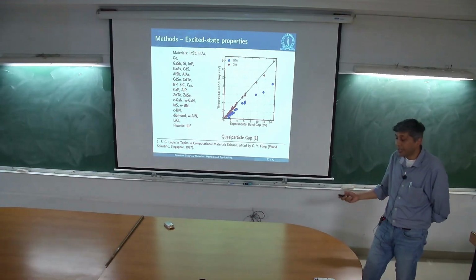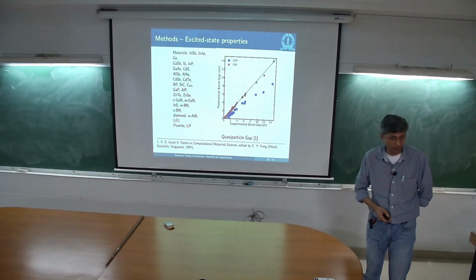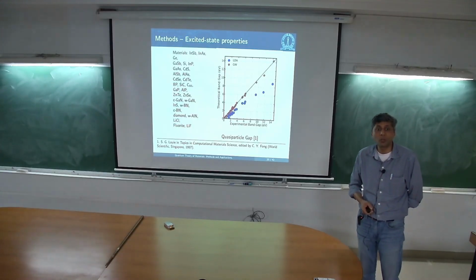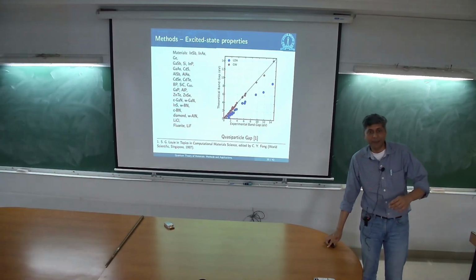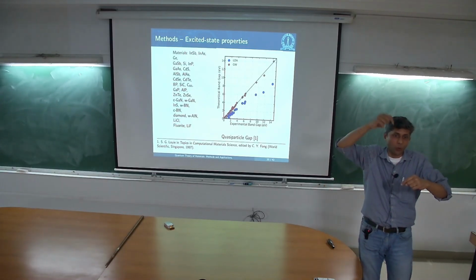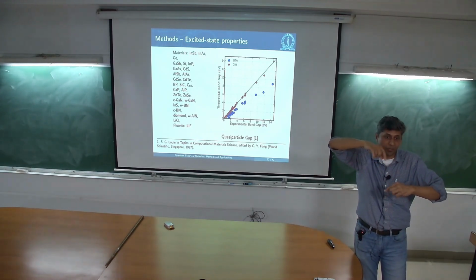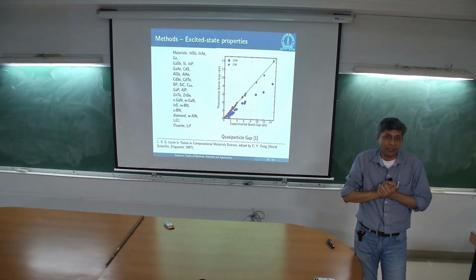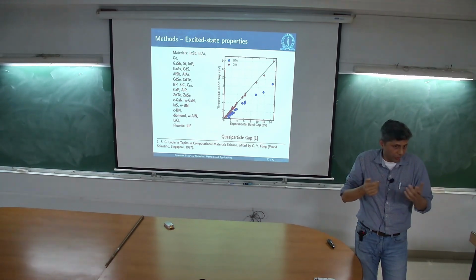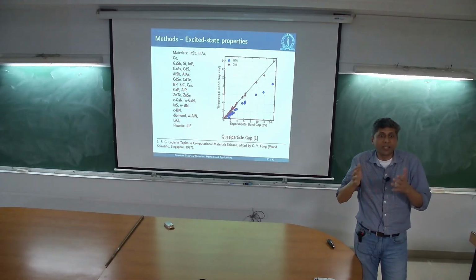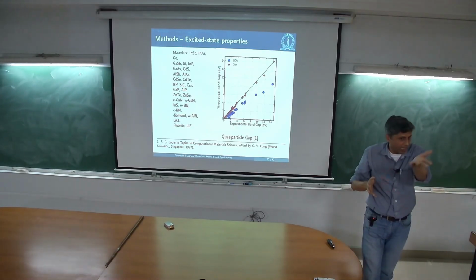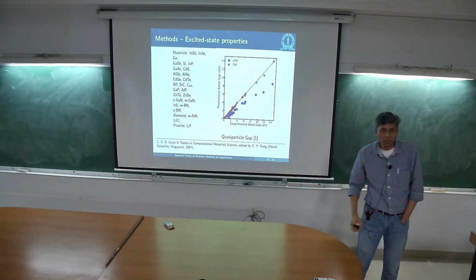No, so this one is so far just the quasi-particle gap. This should be comparable to the quasi-particle gap. So the gap that we are talking about is photoemission and inverse photoemission, the difference between the two. If you wish, the Mott gap, or ionization potential minus electron affinity. That's the Mott gap. Or transport gap, if you wish.